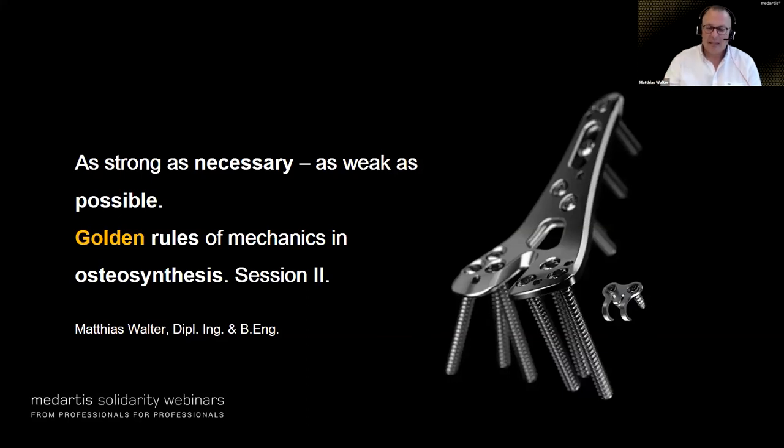The title is exactly the same as last week: as strong as necessary and as weak as possible. The golden rules of mechanics in osteosynthesis, session 2. So just that we're all pretty much on the same page,